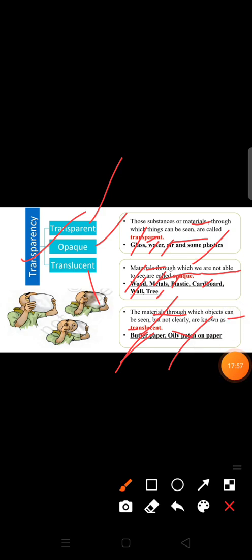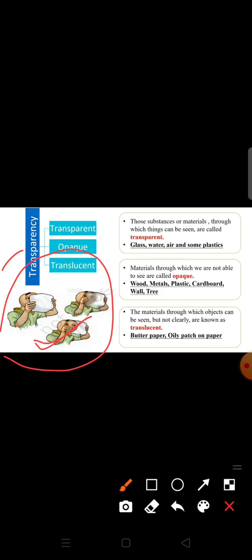now look at this diagram. Okay, so this boy is capable of seeing on the other side of the object. It means this is a transparent object. Okay, now see the next one. This boy is not capable of seeing on the other side of the object.